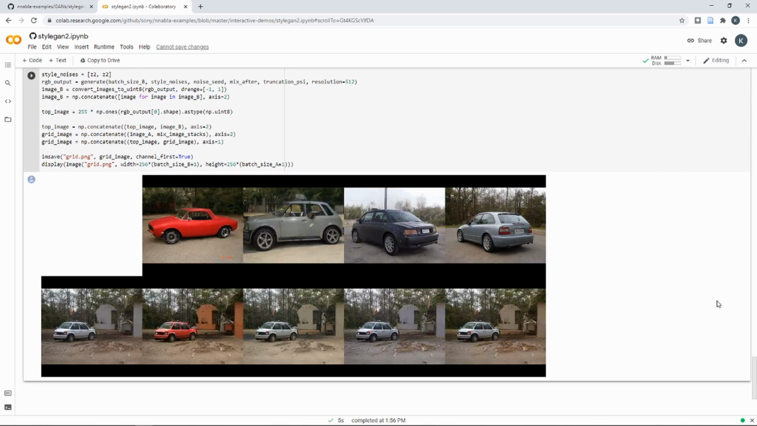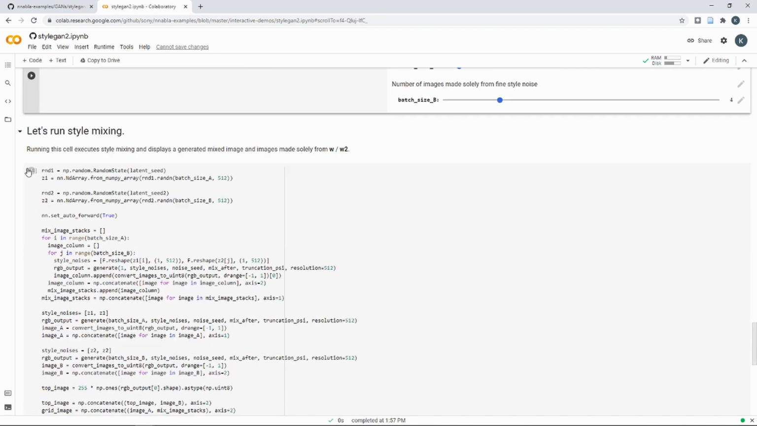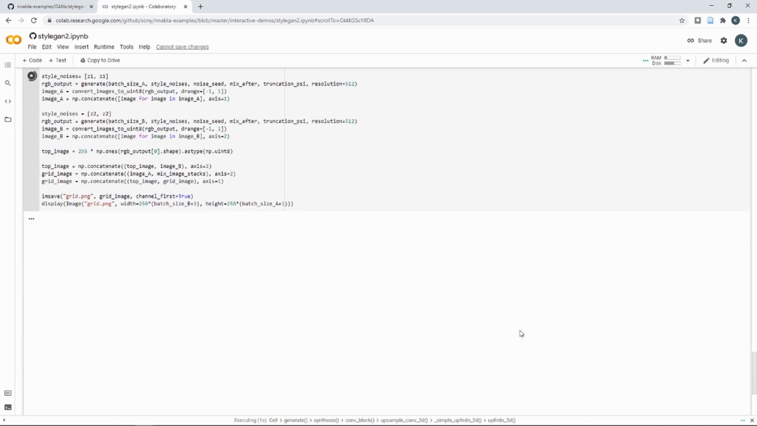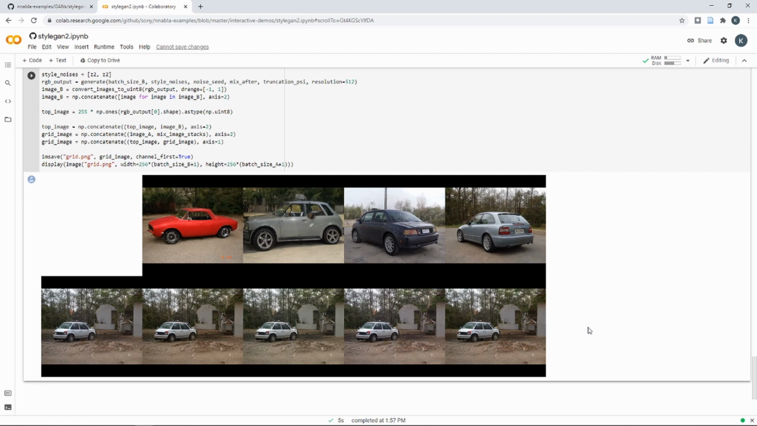Now we can see that the color of the car is a mixture of the color of the left image car as well as the top row image car. Let us increase the value of mix after to 10 this time. Now we see that the color comes entirely from the left image car and not from the top row image car at all. In fact, what we can observe now is that the top row image cars are only causing